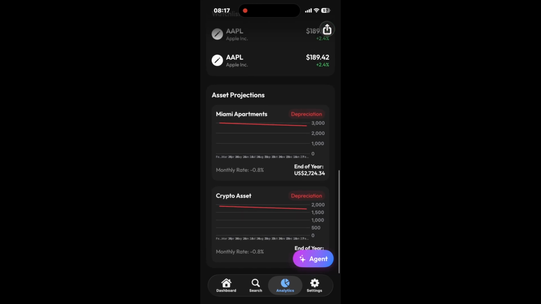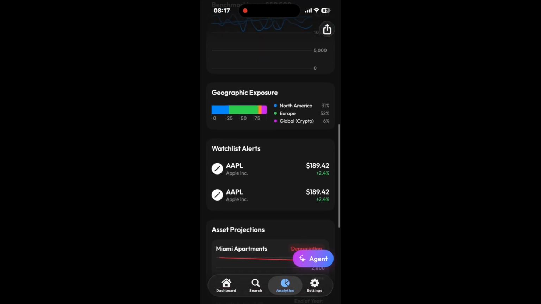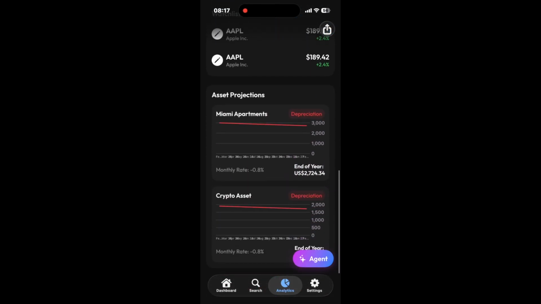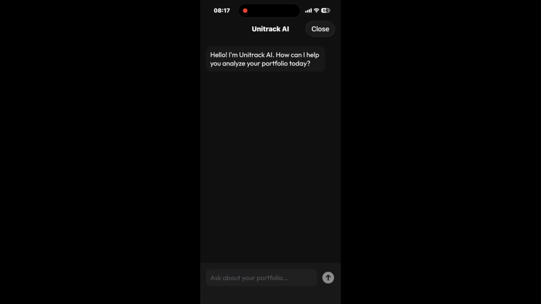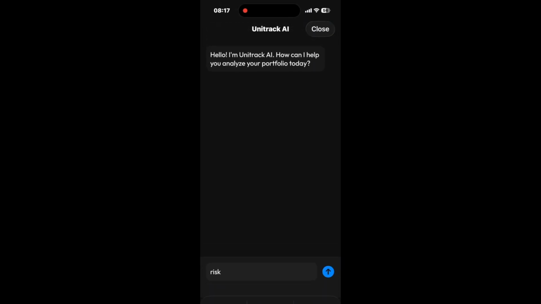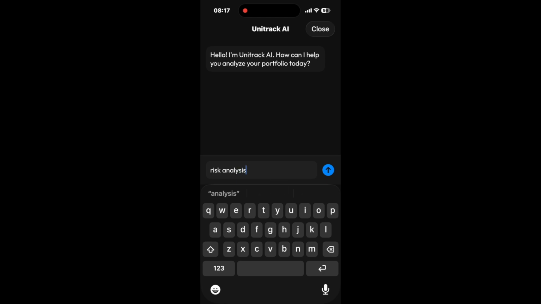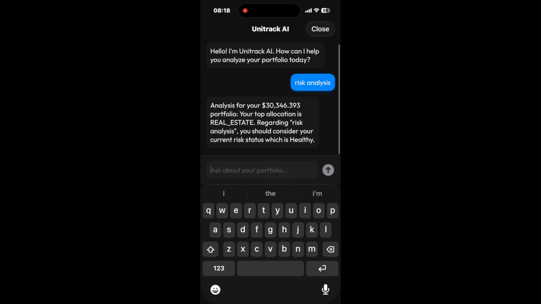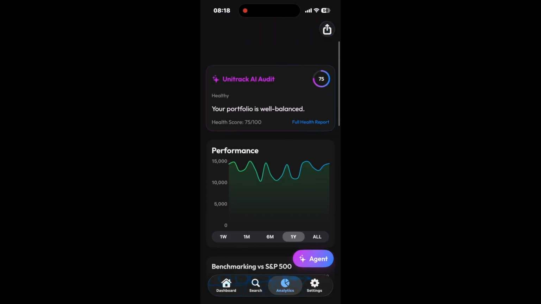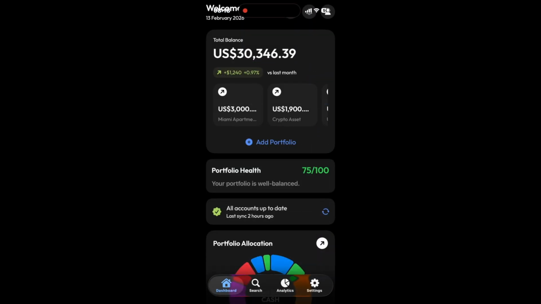I have a geolocation, just saying where most of my assets are located. I have a watch list alert. I have the performance chart that tracks my portfolio over time. You also have an AI agent. This is something that I did not quite finish, but the AI agent is supposed to help you analyze your risk over time, like what kind of risk you have been taking on, and the mitigation strategies that you should have. So if you are heavily invested in one demographic, the AI will tell you. So you can see that our score currently